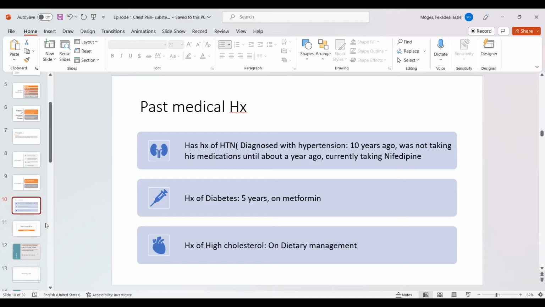So some people may tell you, yes, I had cardiac catheterization done 5 years ago. They may tell you, yes, I have a cardiac stent, or yes, I had a bypass surgery. Yes, my valve is replaced or something like that. Okay. So just go ahead and ask them, do you have a heart problem, a heart condition in the past? So if there is something they know of, they will tell you. If they don't know anything, they will tell you, no, there is nothing which I know of. You know what I mean? That's relevant information. Okay, let's proceed.